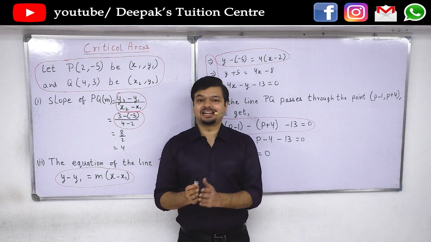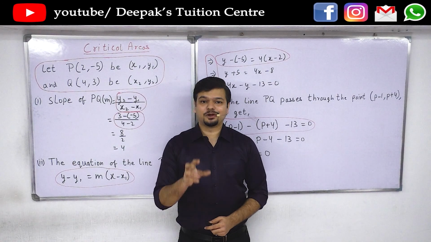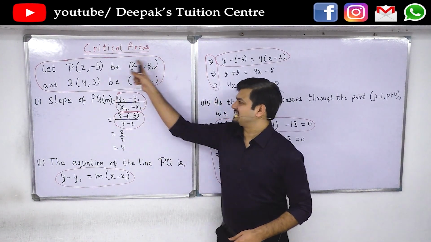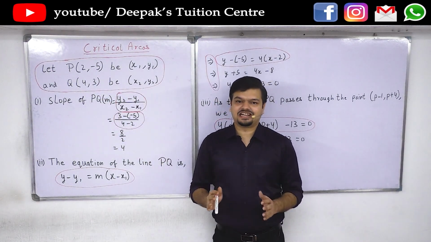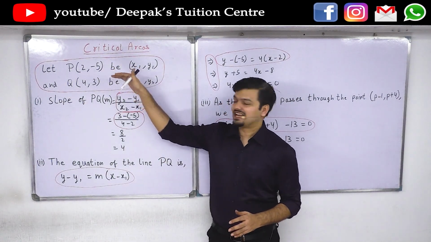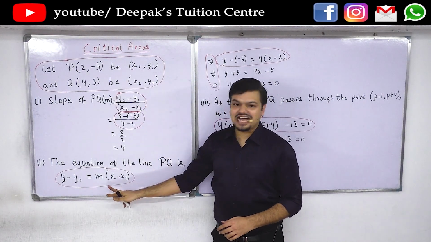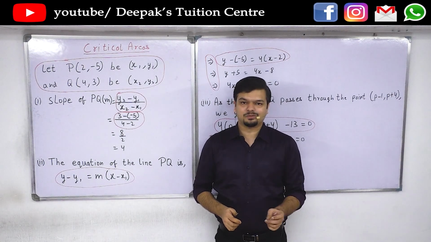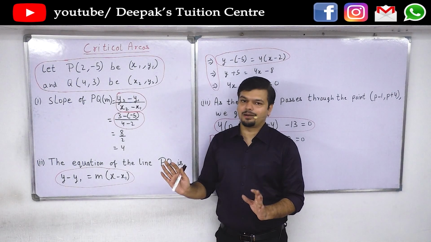There are certain critical areas where you can lose a lot of marks, and therefore you need to be very careful while solving a sum. So even though this first line is not compulsory, it gives a very neat presentation. So it is always good if you let the coordinates be x1, y1 and x2, y2, because in the formulas of slope as well as equation of a straight line, you will have to use x1, y1 and x2, y2. So it is always better and neat presentation to use it, but it is not compulsory.